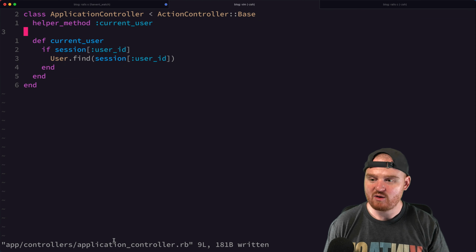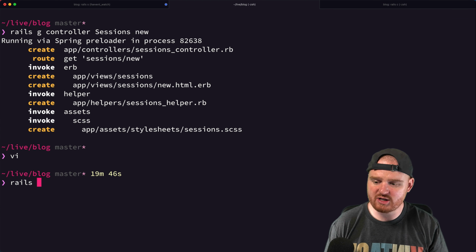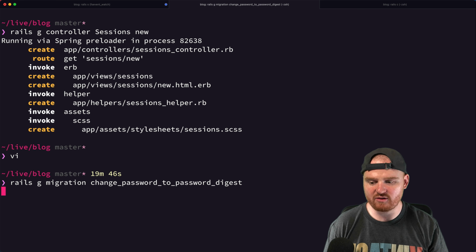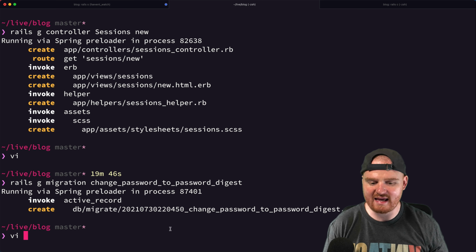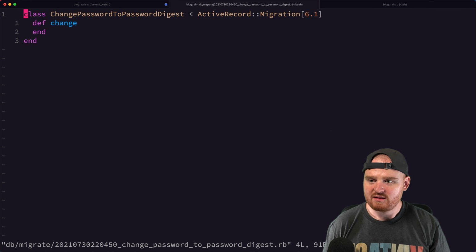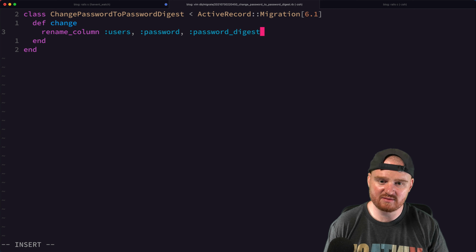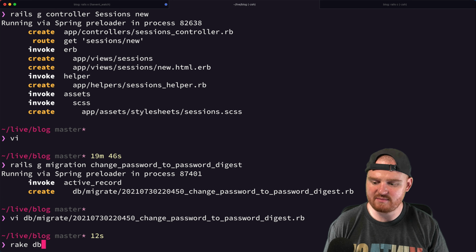So instead, what we want to do is we're going to say like rails g migration change password field or something like that. Change password to password digest. And we will write a little bit of a migration to rename our password field. So let's update. We're going to rename column on users from password to password digest. rails db: